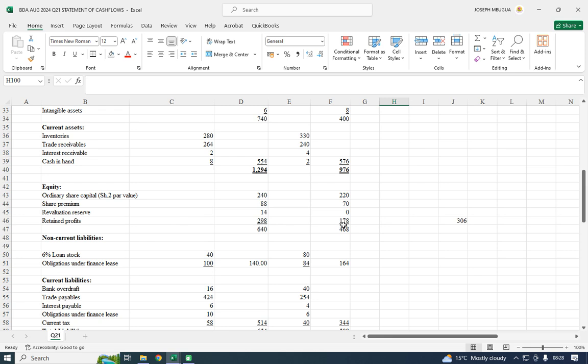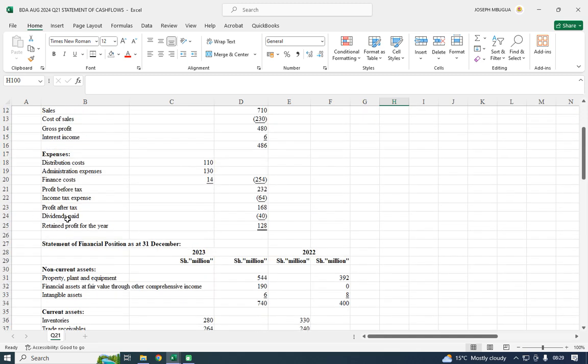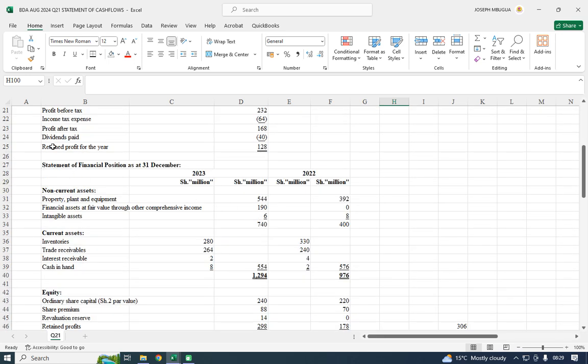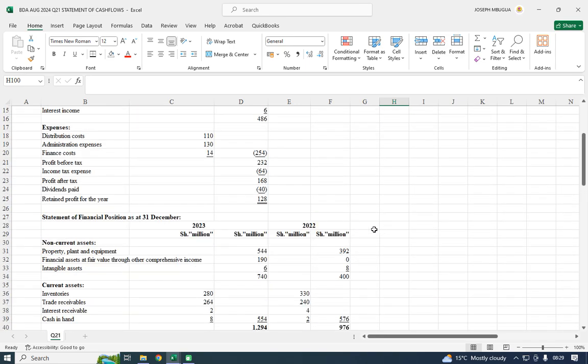When you take 178 and 298, the dividend that they declared here, they are showing that they had a dividend paid of 40, but it is contrary, because when you take the retained profit of 128,